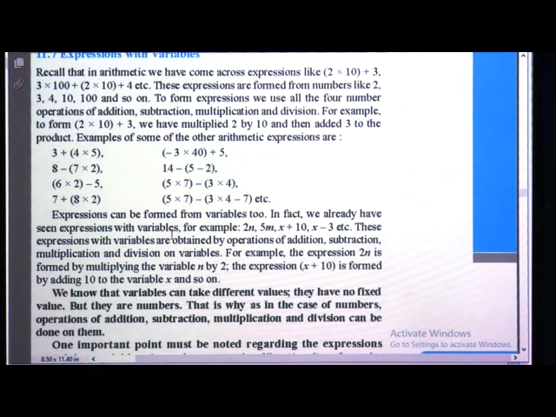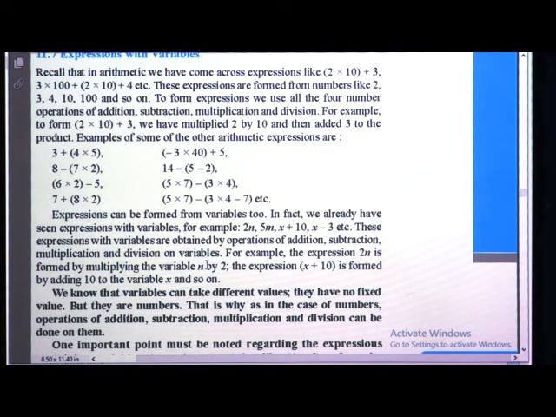Yes, we have seen the variables in exercise 11.1 where we need to catch the pattern and see that 2n, 5m, how many matchsticks are required for preparing 2 V's, 3 V's. In the same way we have seen, there we have used the variables and that becomes an expression or a rule. In the same way 5m, x plus 10, x minus 3 etc. are also the expressions.